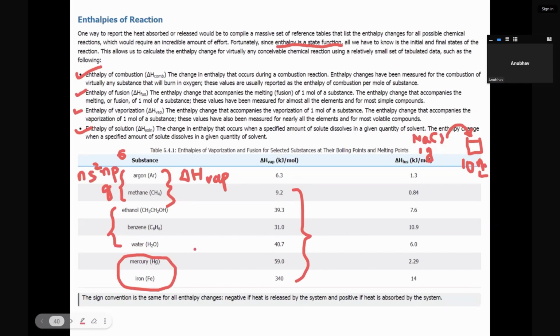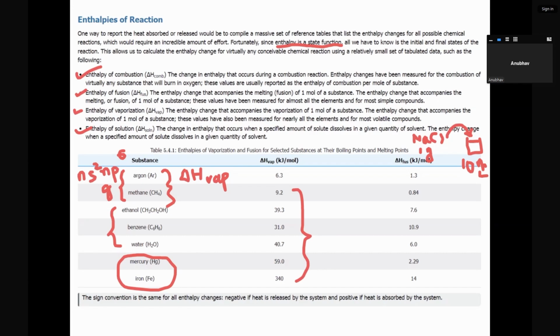These are transition elements, which are actually metals, and they are solid. Since they are solid, we need much more energy to vaporize them. You see, their delta vaporization values are quite high. Mercury has 59.0, and iron has a quite high delta vaporization, that is 340 kilojoule per mole. So likewise, we can predict or assume which kinds of substances will have high delta H vaporization value or